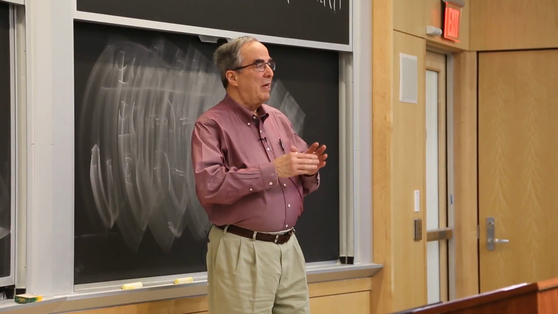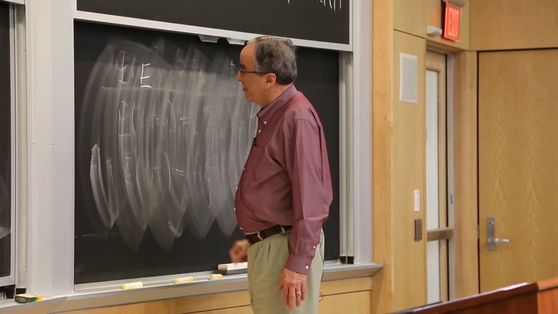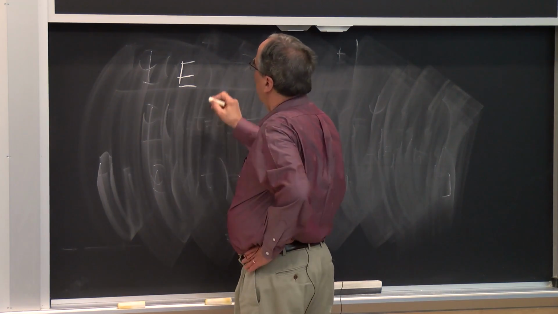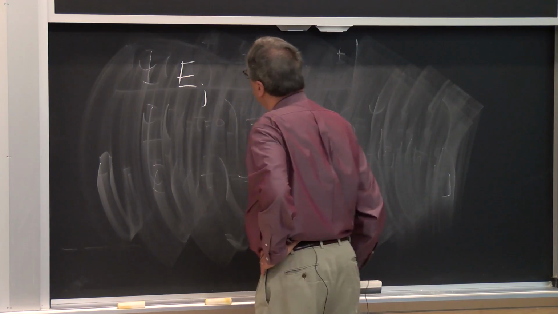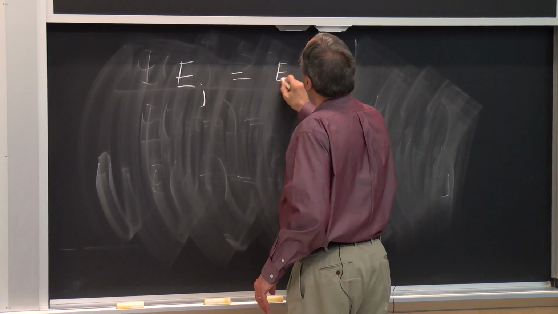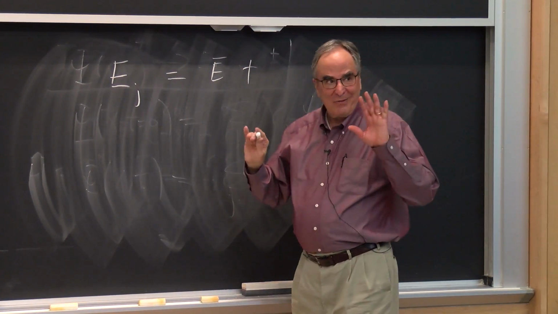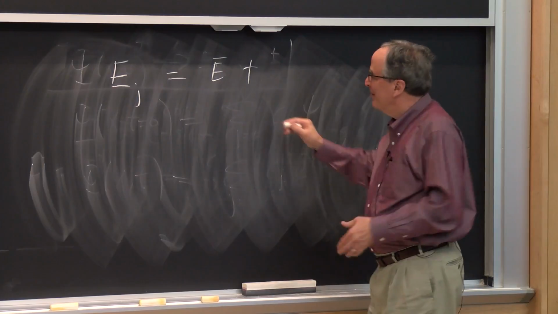We discover that we have some formulas which says that the energy levels, let's say the jth energy level, is equal to E bar plus,